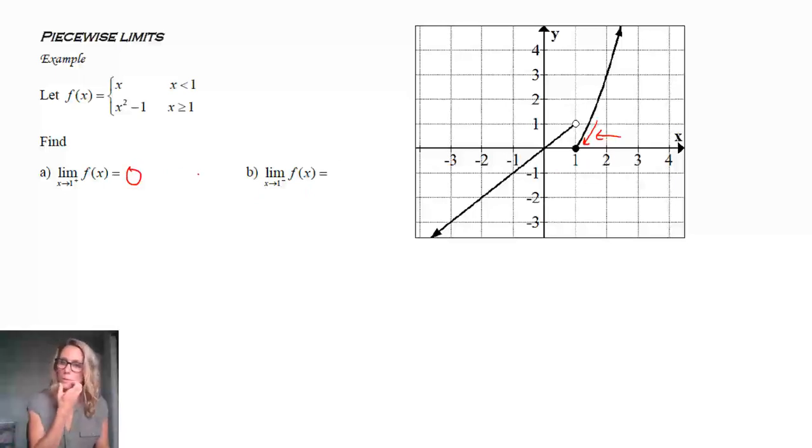And then think about what we have coming from the other side. Yes, coming in from the other side, we have 1. So that's what's happening as we approach this way. We're up, up, up, up, up, up. Obviously, the limit for x approaching 1 for this function does not exist, because the two limits coming from each side are not the same.